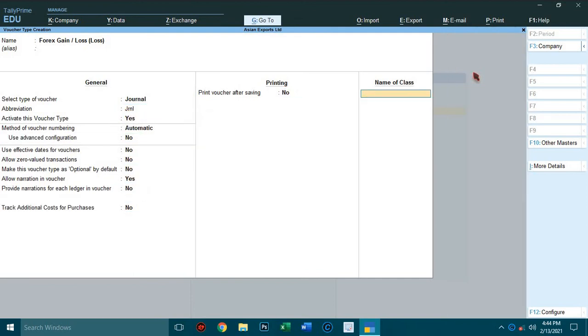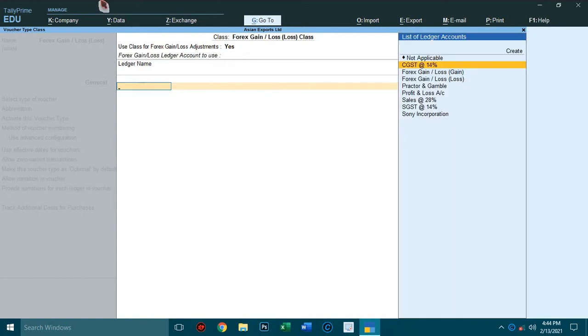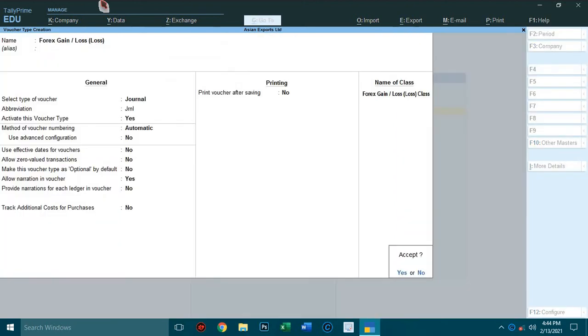So in name of class type forex gain or loss within bracket loss class. Use class for forex gain or loss adjustment, set to yes. So select ledger account loss, forex gain or loss ledger account. You have to select, accept.